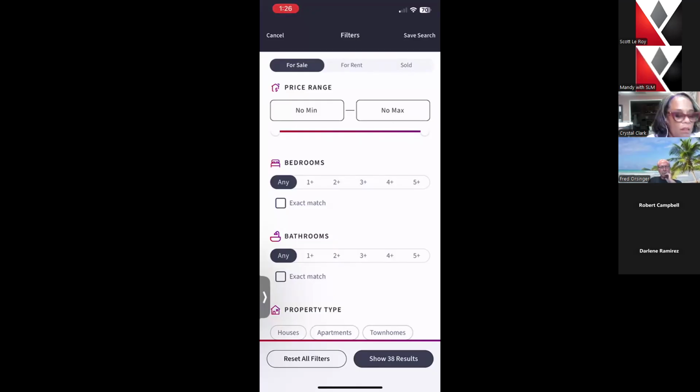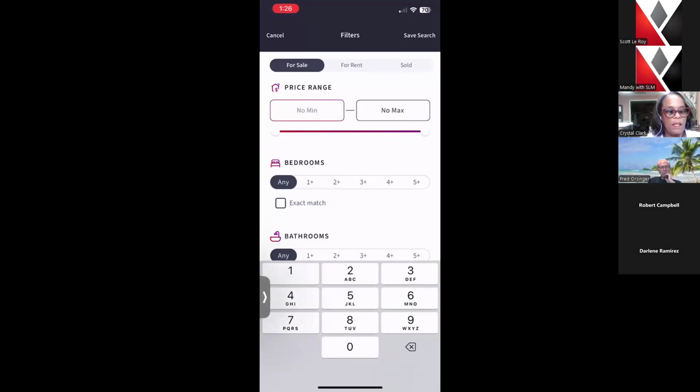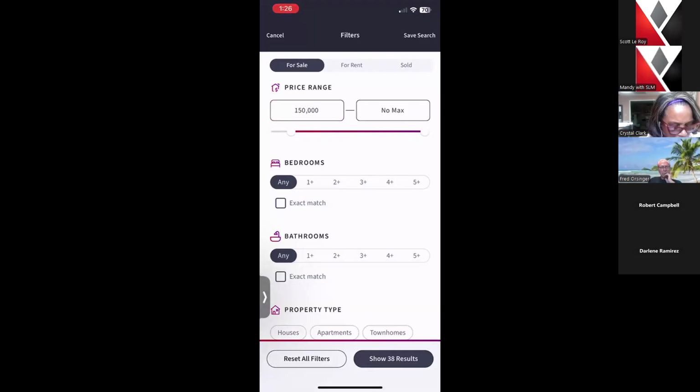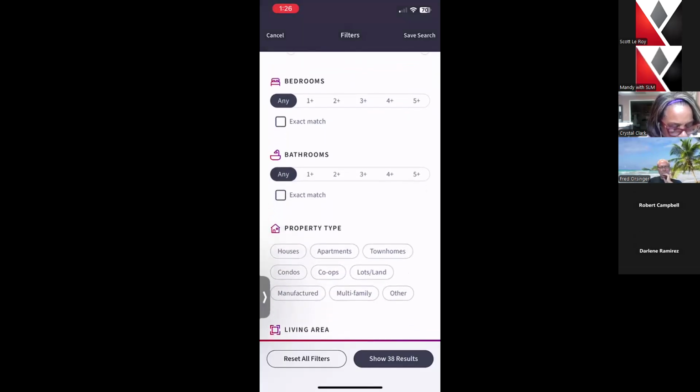Like when you see price range, notice it says no min, no max. You can touch those fields and begin entering a value if you would like, or the slide scale that's right below it, you can just touch the circle and drag and drop. Okay? So you choose whichever you would like to do. Coming on down a little bit for the bedrooms and the bathrooms, you can choose how many you would like. Notice it gives you an option for the plus. So you're open to anything with 3+ bedrooms or 3+ bathrooms,